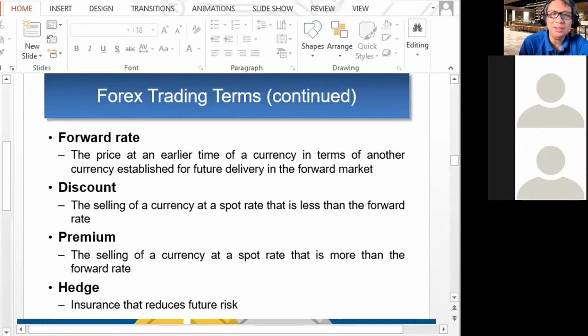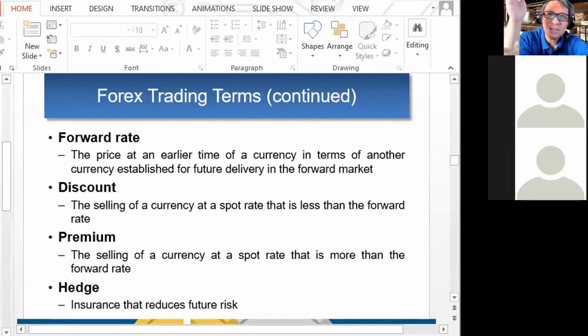So this is protecting yourself from future risks. Right? So you hedge yourself. Actually, what you do in the forward market and the future market is already hedging. Remember what the farmer is doing when he enters a future contract and agrees with somebody to buy his produce at a certain price in the future. So that's already hedging. You enter a forward contract or you enter into a future contract.